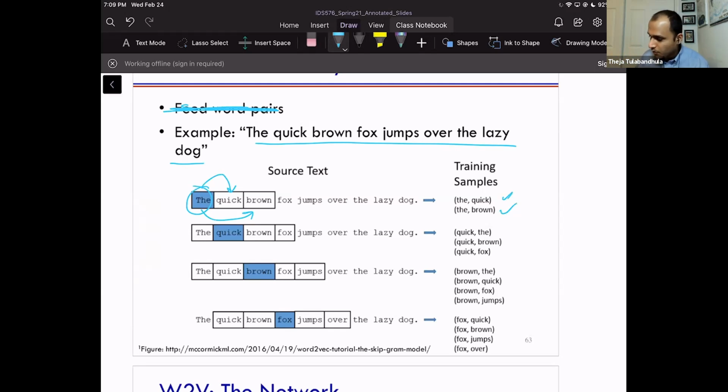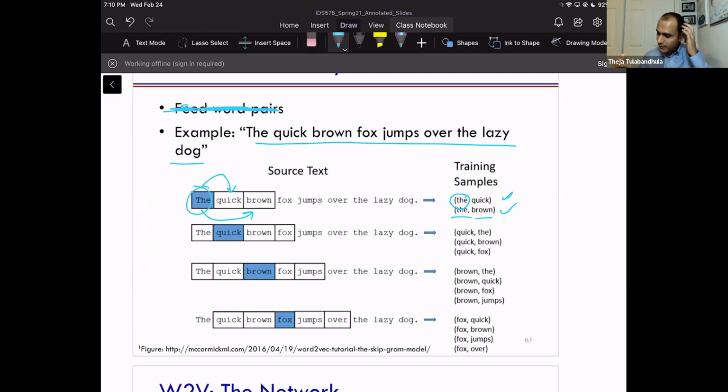So what does this training data mean? Whenever I input "the" to the classifier, it should output, for the first example, quick, and for the second example, brown. Now you can ask, how can I predict 2 things for the same input? One of the classes, quick, could have the highest score, or brown. But intuitively, whenever the word "the" comes in at the input, we just want the scores for both quick and brown to be high enough at the output.